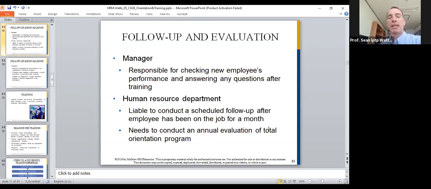And so you must make sure that although you've said something and it's clear to you, because you are referencing your own learning style and your own communication style, somebody else may have a different learning style. For example, there's the visual learning style, auditory learning style, reading learning style, or the experience or kinesthetic learning style. Those differences may impact how other people see your training content. So the Human Resource Department is responsible for making sure that follow-up is clear, and that the employee has understood those details. Usually it's done after a month or so.